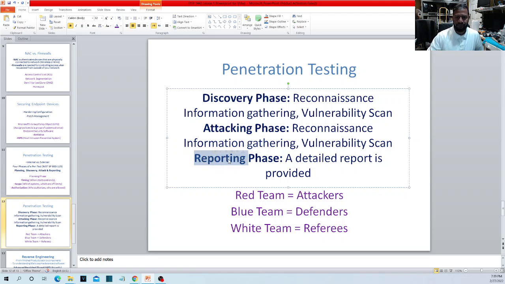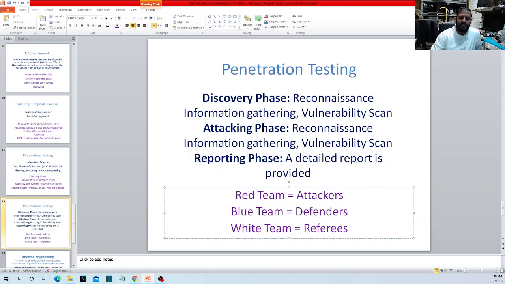And at the end, the reporting phase, they are going to submit a report. They're going to communicate the report very clearly to you: hey, we ran the penetration test. These are the vulnerabilities we found. These are the high risk, these are the low risk, whatever. They're going to say, these are the things that you need to fix. These are your vulnerabilities. Okay.